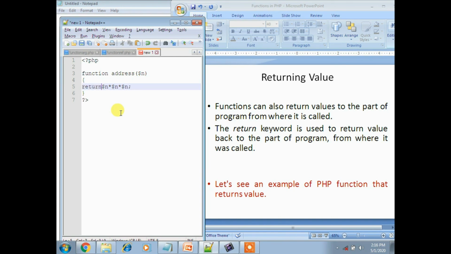So I am returning this expression. Now I am printing: echo cube of 3 is, dot, cube, which is a function where we have to pass a value. Now I want to change the function name to cube. Okay, now it completes the program.